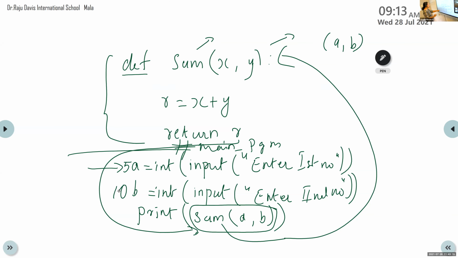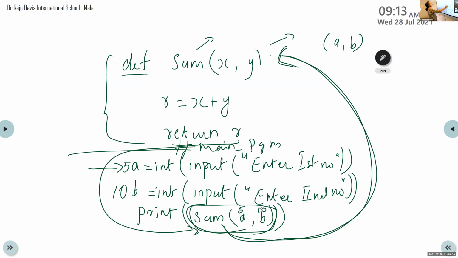Then the third statement, print sum a comma b. First it will go to the function call statement, sum a comma b. After that, only then will it execute this print statement. Function call statement means it will call the function definition. The control moves to the function definition. The value of a is 5, the value of b is 10.